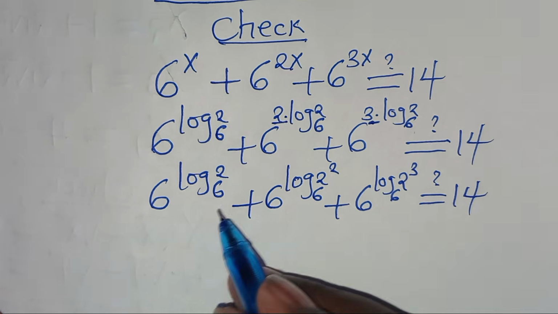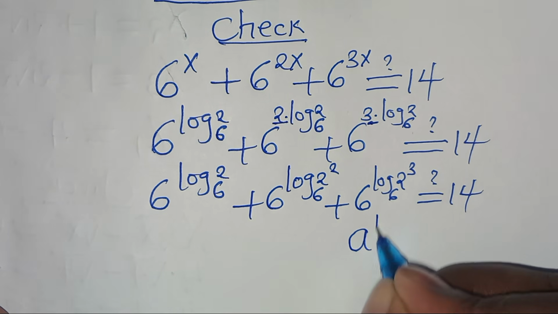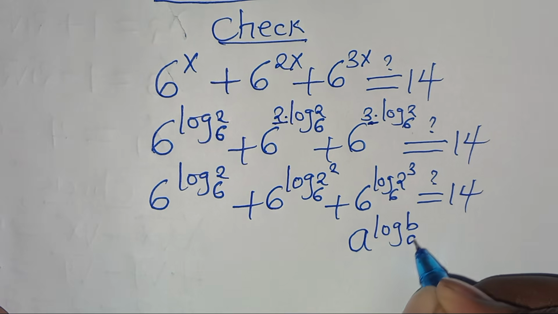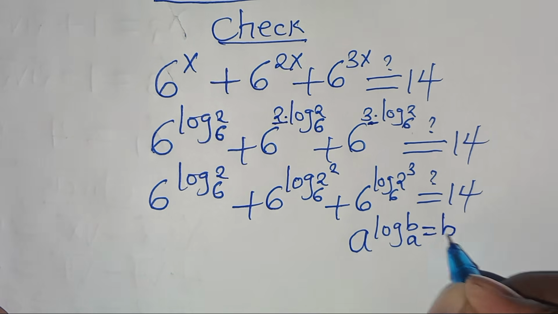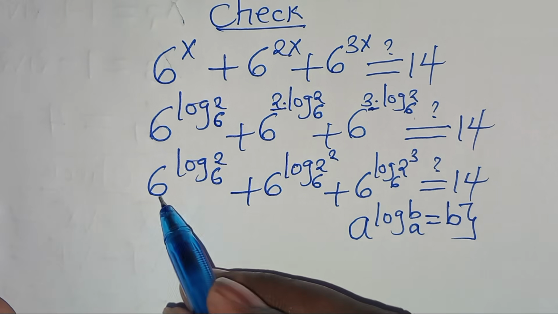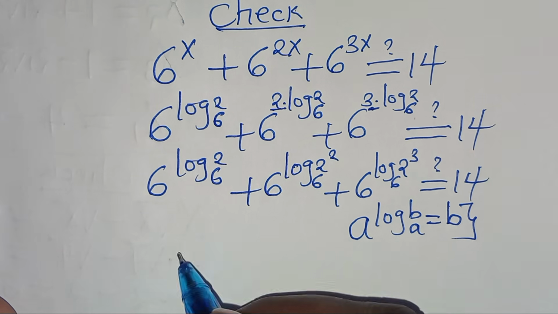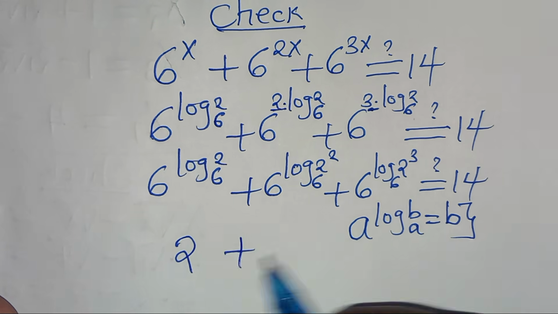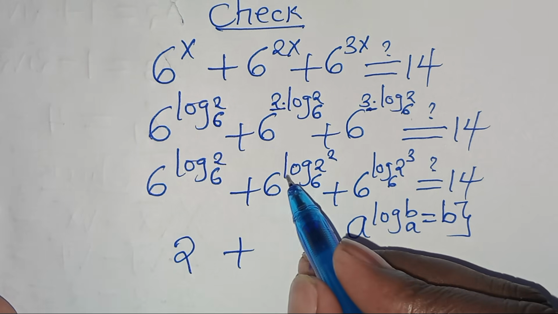Now, this is in the form of a to the power of log b to base a, and this should give us a value of b. Applying this logarithm property, we have 6 to the power of log 2 to base 6, which is the same thing as 2, plus